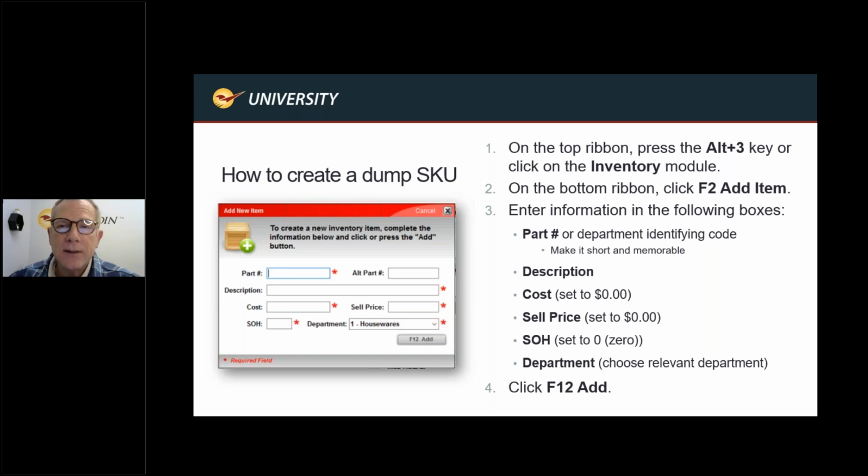I recommend creating a dump SKU for all your basic departments, like, as I just mentioned, hardware, plumbing, electrical, lumber. Those might be items that come up to the counter that don't have barcodes on them. Or if you're brand new and just adding items to the inventory and you don't yet have those items in your inventory, it's okay to get the customer through the line and take their money very quickly,